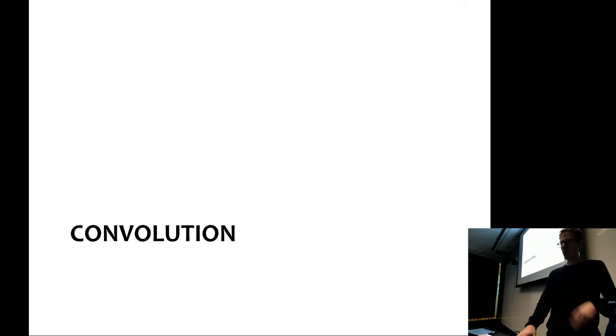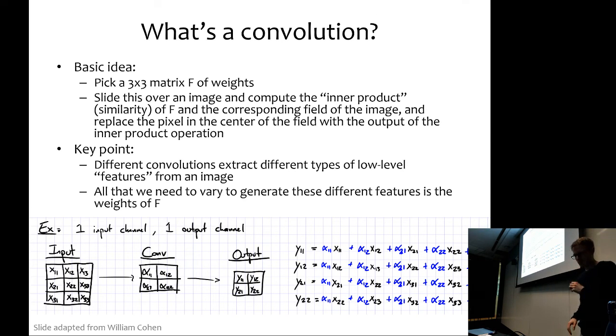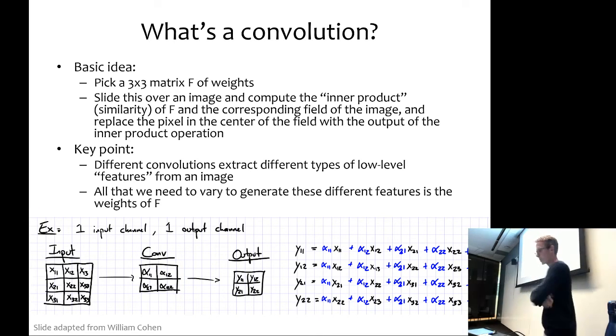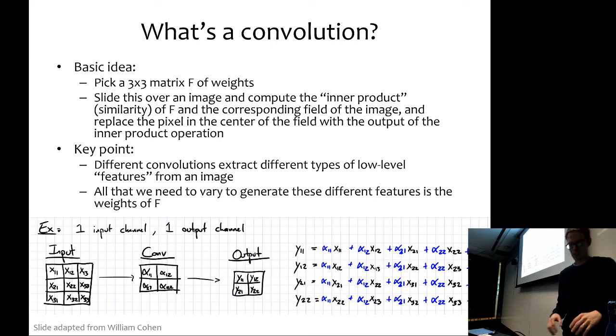Okay, so first what we need to understand is convolution. And the whole idea of convolution is that, let me just take a step back here. When I say convolution here, I do not mean a convolutional neural network. I mean convolution is just going to be some function that takes in some parameters and an image and returns another image, or maybe a set of images.